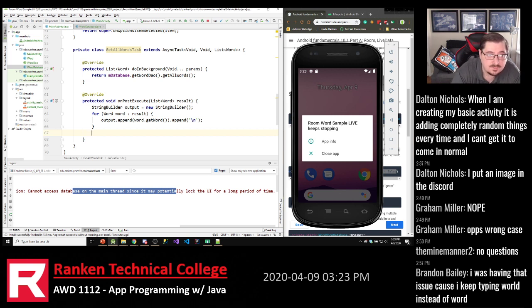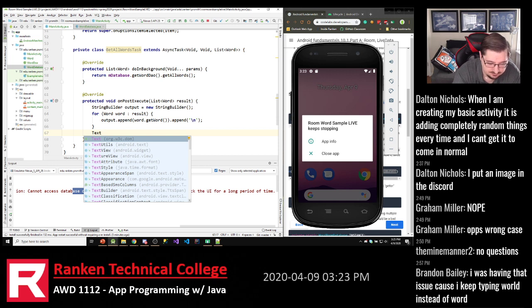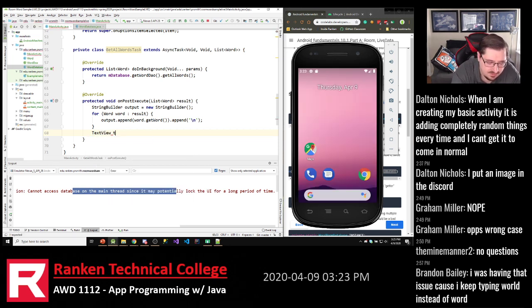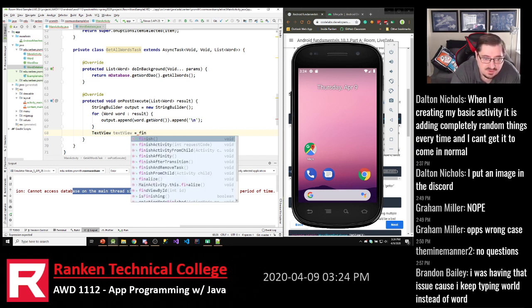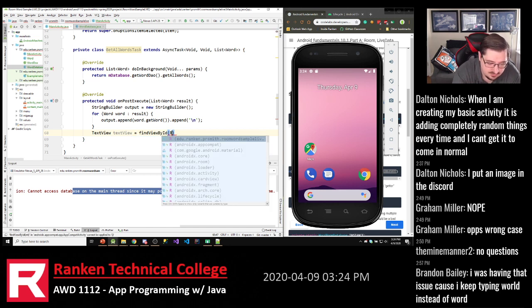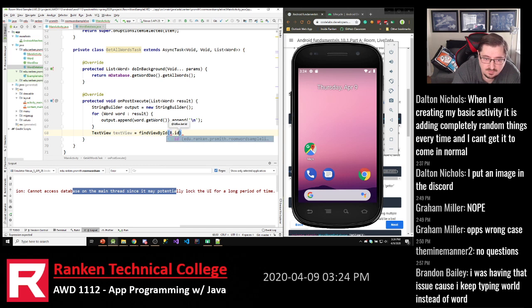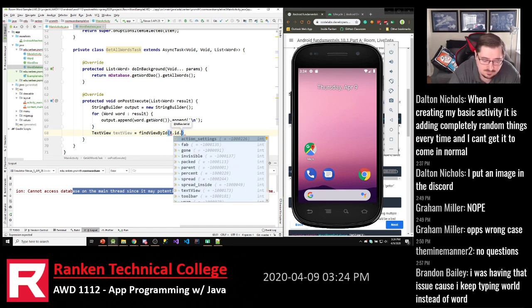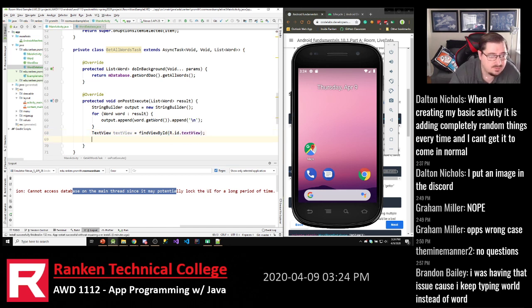So let's say I want that text view. Now, typically I would say, let's only get that text view in the onCreate method, but since I'm about to throw this code away because we're about to remove the text view, this kind of temporary testing code, I'm not going to bother making it fancy. It's really just temporary testing code. So findViewById, R.id.textView. Okay, and then we want to set the text there. So textView.setText, and we're going to set it to output. Okay,